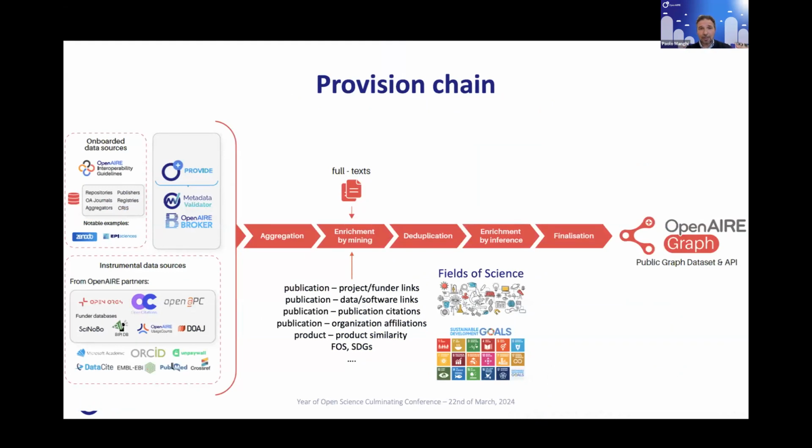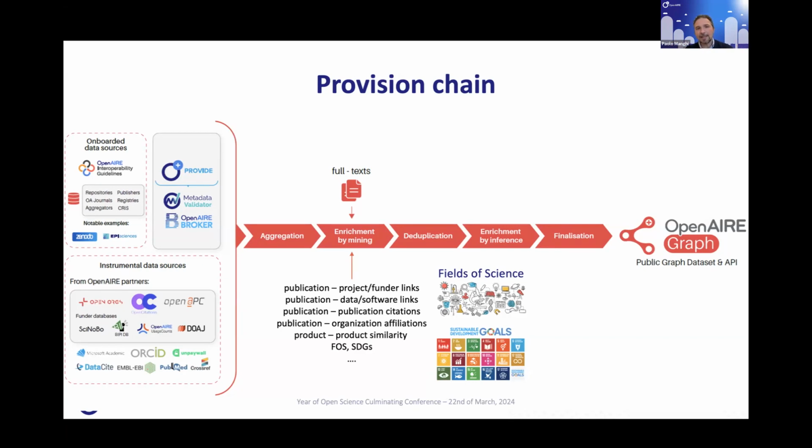So the whole production chain of the graph counts on the fact that we are collecting from data sources that can be compliant to the guidelines that we are providing, which are the basis of the European Open Science Cloud at the moment. So the OpenAIRE guidelines. Many platforms actually provide them out of the box. So if you install a DSpace or a EPrints, or a Dataverse or an ePrints, you find these guidelines implemented as part of your system.